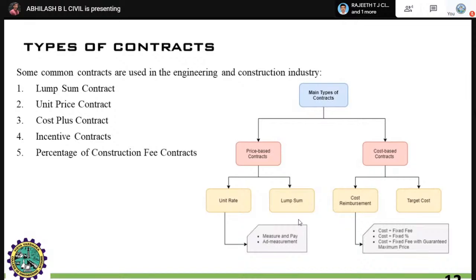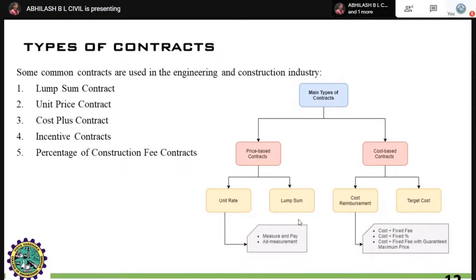Next, estimated cost. What is the estimated cost you are quoting for that particular project? Time of completion, duration. You have to give the duration, 6 months, a year, 2 years, 3 years, like that. You have to give the time of completion. Next, cost of the complete set of tender forms and conditions. You have to give that particular thing. Next, date, time, and place of the tender, where you are going to call that particular tender, validity of the tender, and the agreement of the tender. Like this, the tender will vary with respect to that of contracts.